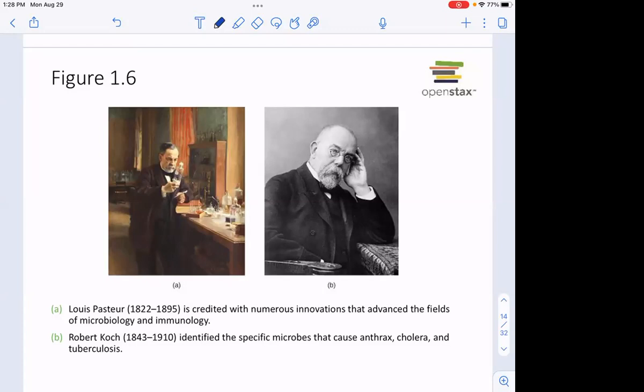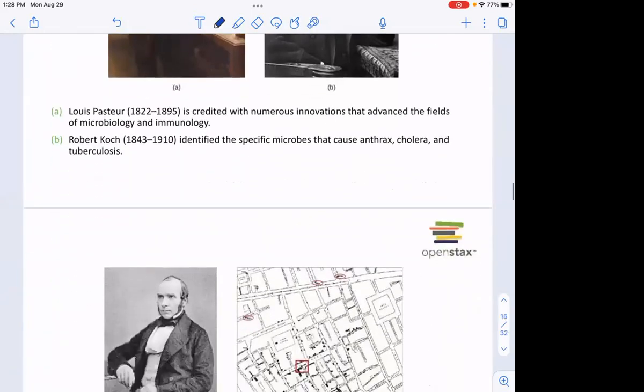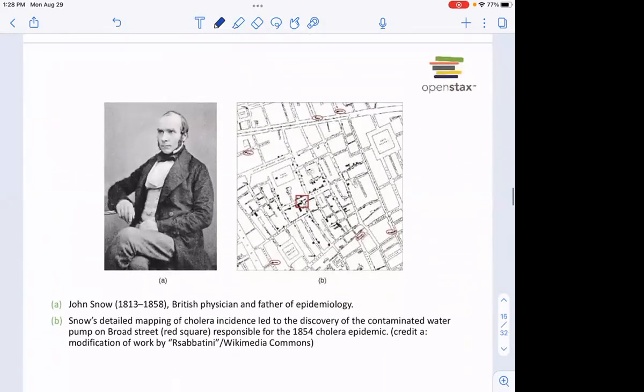Tuberculosis, he figured out the causative agent of tuberculosis. Up till that time, it was thought that tuberculosis was a cancer. So a lot of important things there. Moving on, then